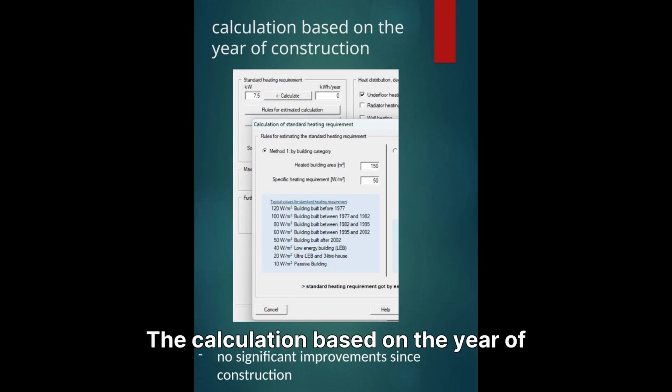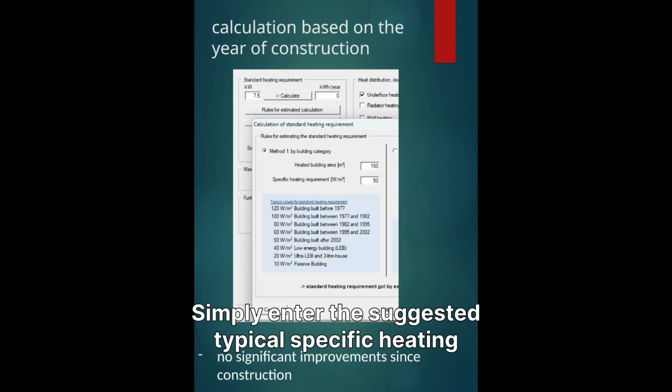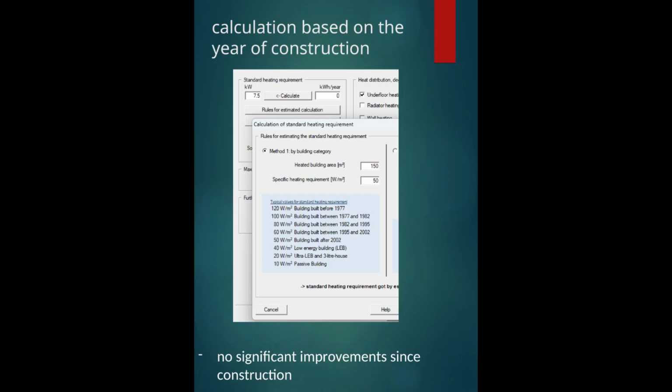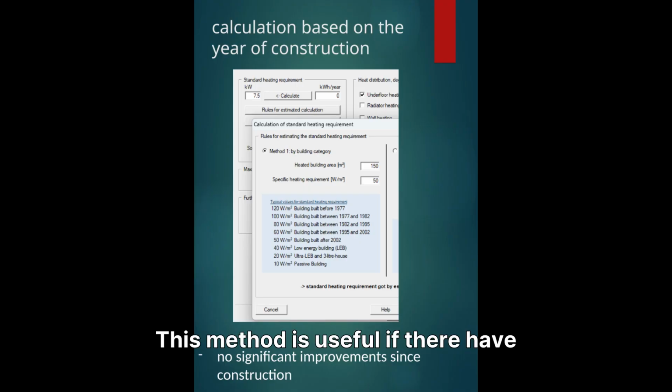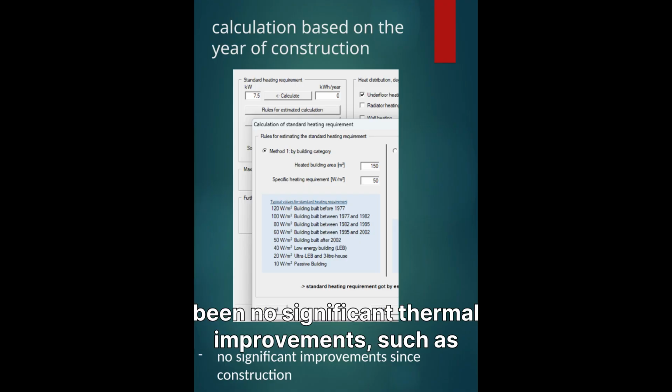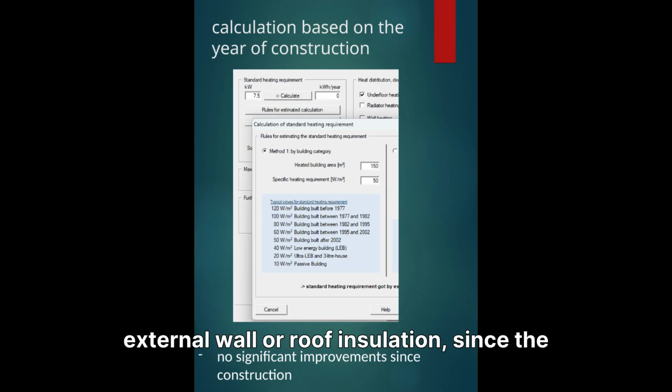The calculation based on the year of construction is self-explanatory. Simply enter the suggested typical specific heating load for the building category. This method is useful if there have been no significant thermal improvements, such as external wall or roof insulation, since